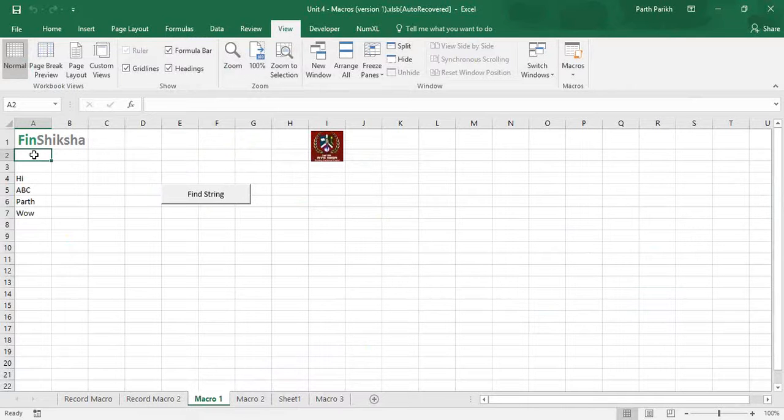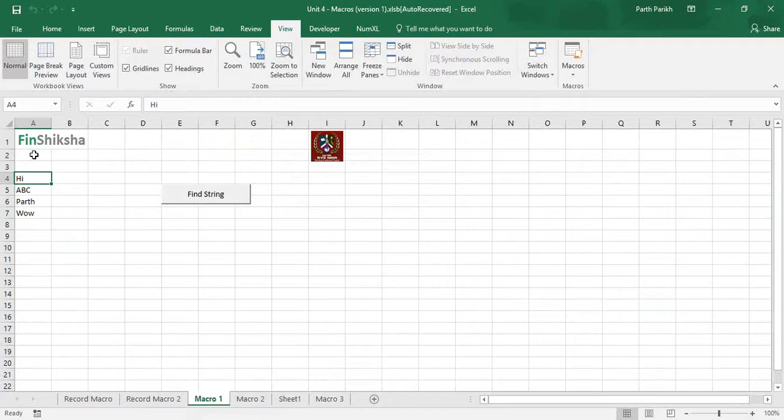If it doesn't match, I will go to the next cell, A3. Again I will compare with wow. If I find it, the output is at A3; if not, I will move on. So technically, you will go to A2. Is the output wow? No. Move to A3. Is the output wow?